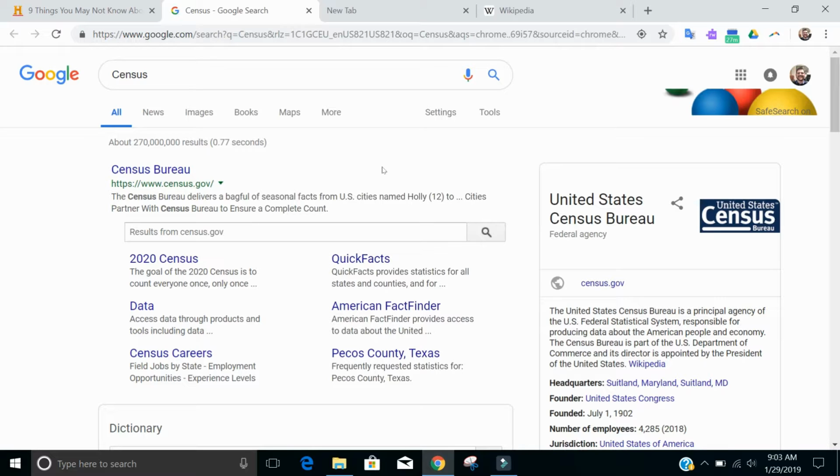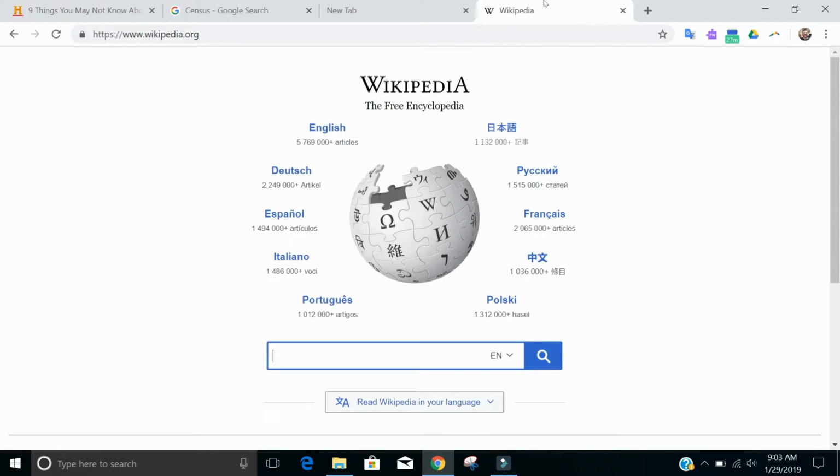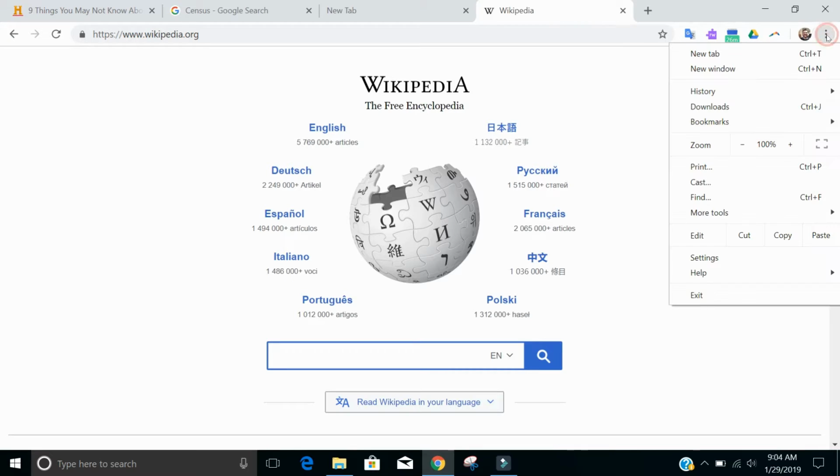So let's say that I go to Wikipedia a lot, right? So I want Wikipedia. So I go to my Wikipedia tab, but I want to create a shortcut for this from my desktop. That way I don't have to open up Google Chrome every time, type in Wikipedia, and go to it. I can just click on it and it goes directly to Wikipedia. So what I do is I have the site that I want to create a shortcut for open. I go to the 3 dots on the right hand corner and I go ahead and click on those dots,